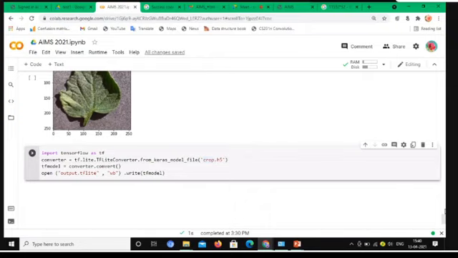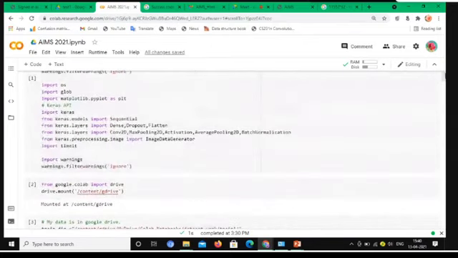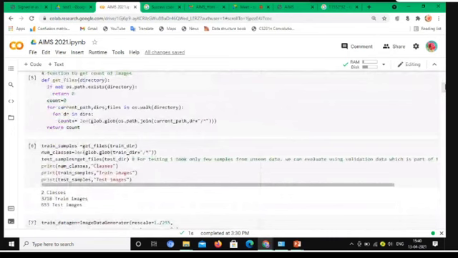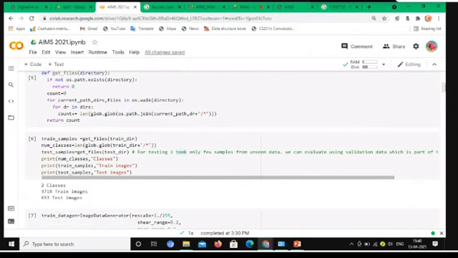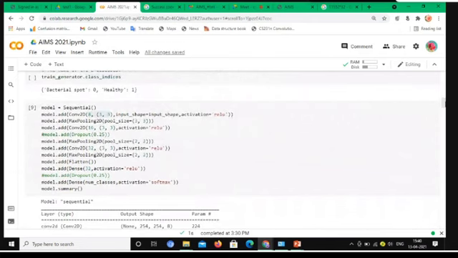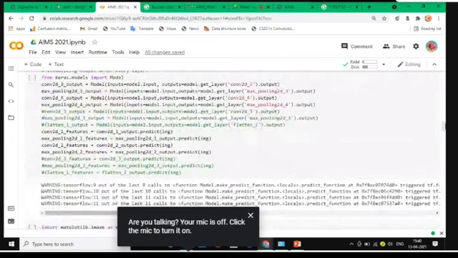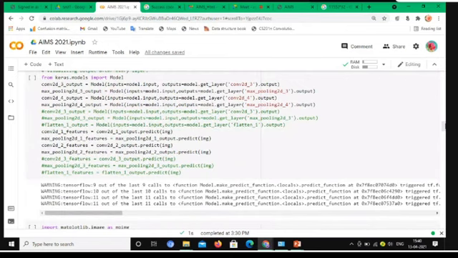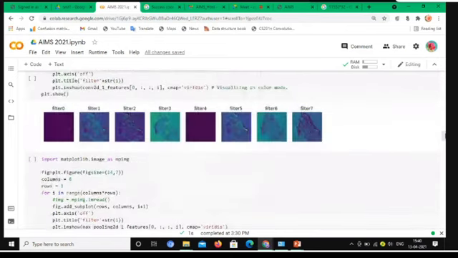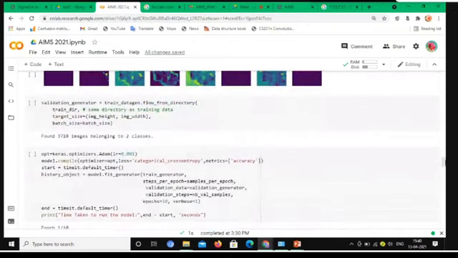Okay, so this is basically a CNN model. First we saw how to import our libraries, how to mount the drive and find the images, the number of images taken from our training and testing paths, and how our model is built and how to visualize every layer. How the images are taken for training, and how the features are extracted in our model. So next is to train the model.